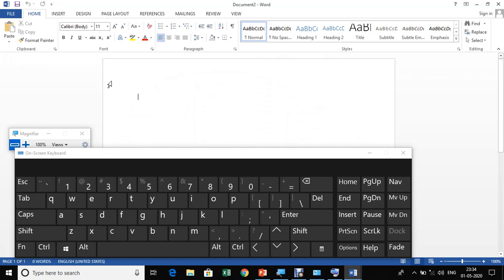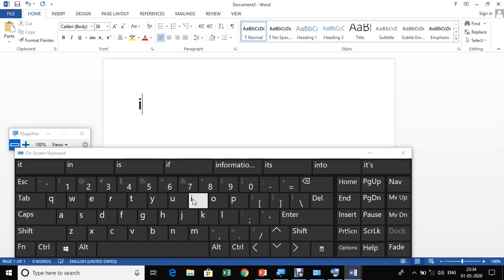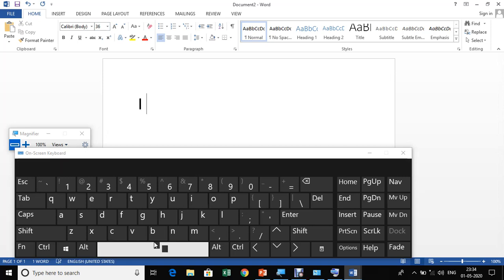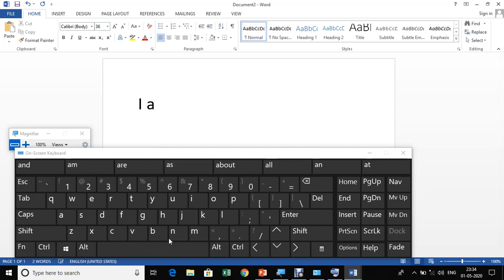I want to type like this: click on I, then click on space, then click on A, then click on M, then space, A, backspace key, so press backspace.